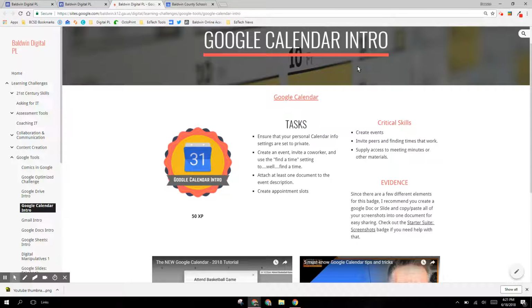Now, for this badge, it's important that since you'll be taking quite a few screenshots to provide all of your evidence, I recommend that you use a Google Doc or Slide and copy paste all of your screenshots into that one document, and then just share that one link from that one document to me when you go to submit for your badge. So if we go ahead and get started, the first thing that we'll need to do is